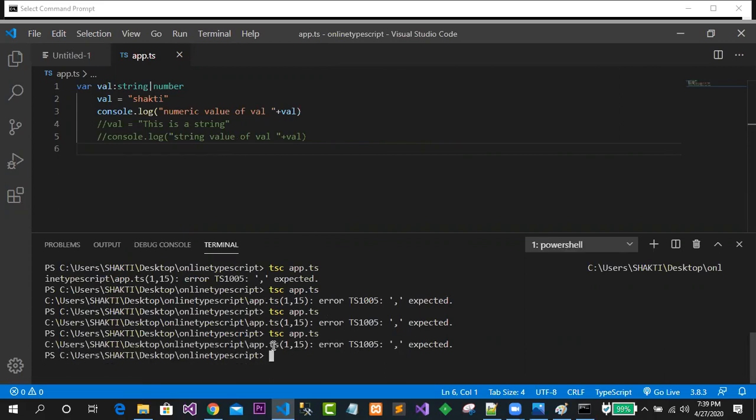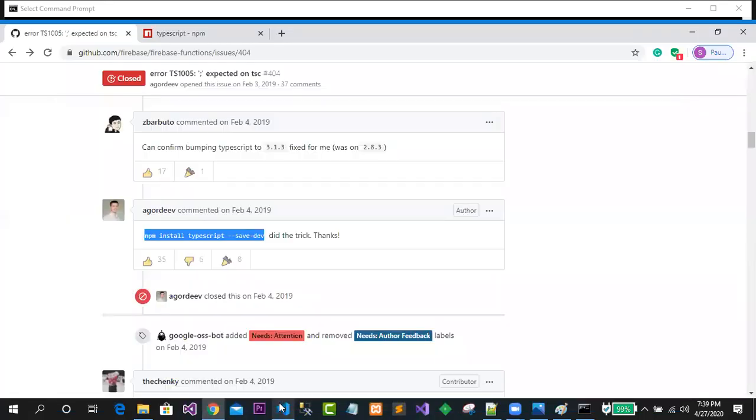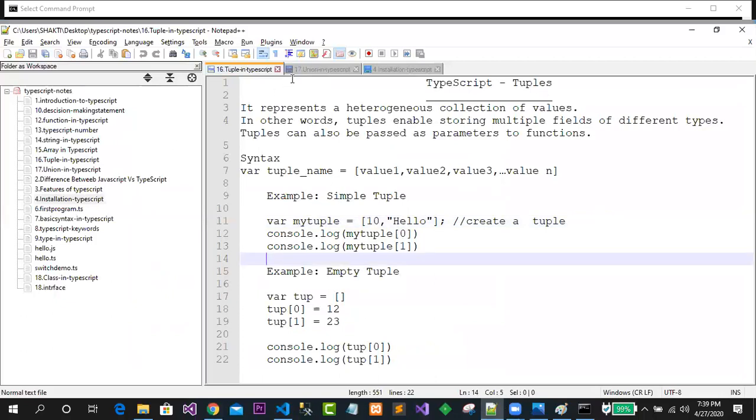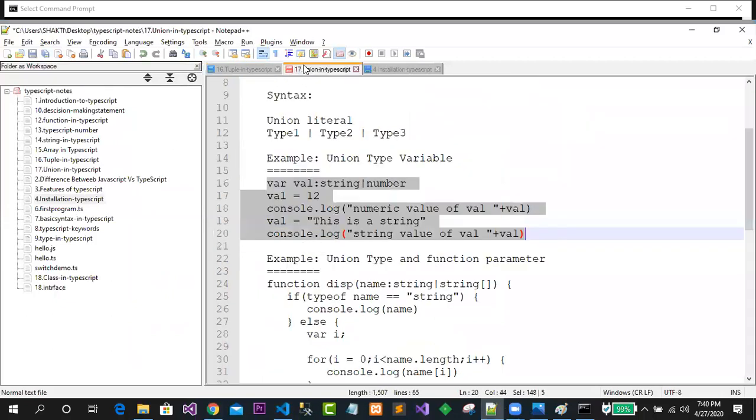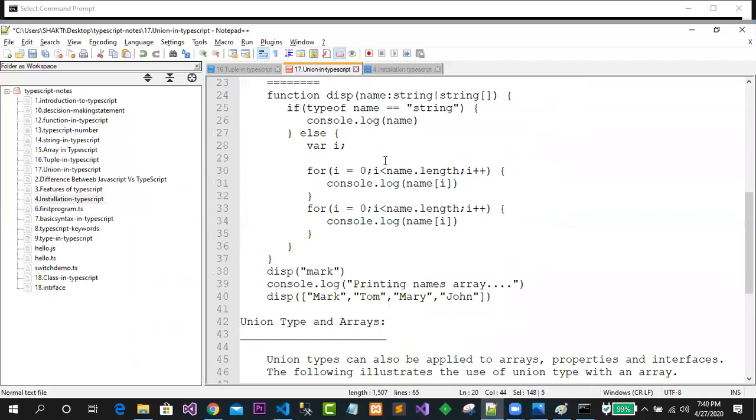App.ts. No, it is not working in this case. Okay, so we will see how to go about controlling the versions. Some problem has come here. We will see how to change the versions in the next class, but for this time, let us skip this topic. Okay, we will just skip this one now. Which one now? Union. Okay, the union, we will skip these things for now, not an issue.